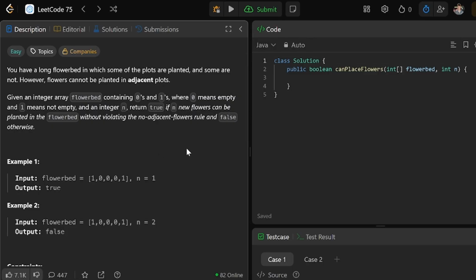And so we want to compare the number of flowers that we're able to place. So let's have a variable to count the number of flowers we're actually able to place. We're going to iterate over the flower bed and then decide for each index, if it itself is a 0, are its neighbors zeros? And if it is the first index, is its neighbor